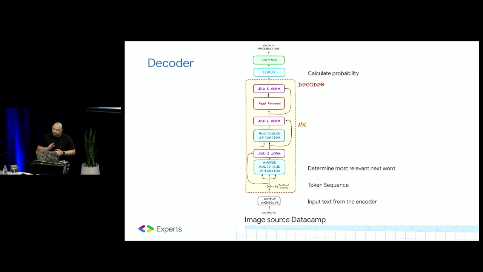So let's look a little bit at the workflow as well. Firstly, it receives the output that the encoder just generated. And then the decoder starts generating the output sequence token by token, predicting the next word based on the encoder's output and the previously generated words. Think of it like a writer composing the story sentence by sentence, building upon the previous one.